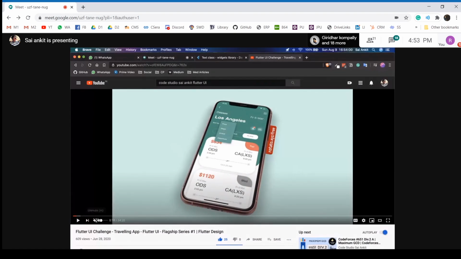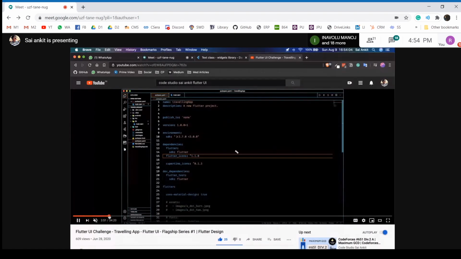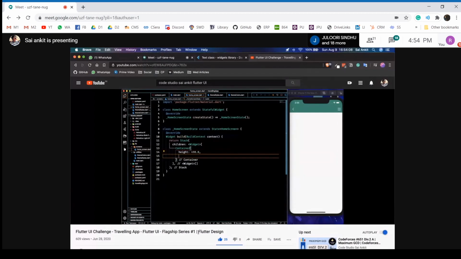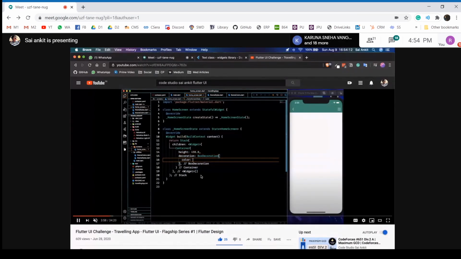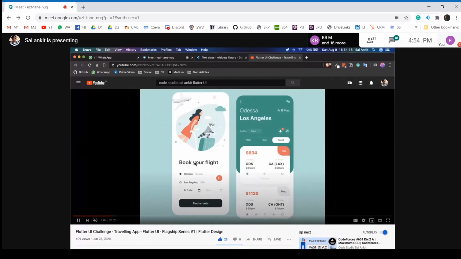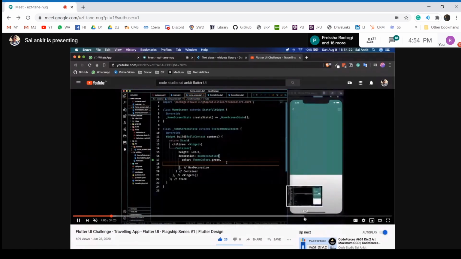So I'll just show you how I've done it. You'll have to do everything manually. This is my speed code series. If you understand the basic Flutter stuff, you can go into these videos, and then you can understand how to implement different Flutter UI series. So this is a photo that is given by the designer, and you have to build this thing again.